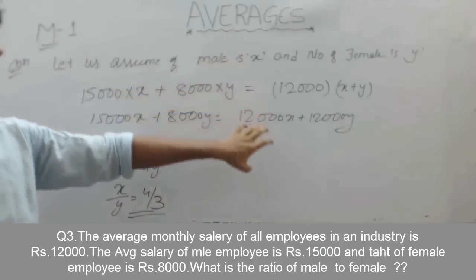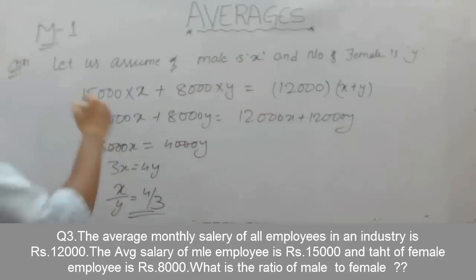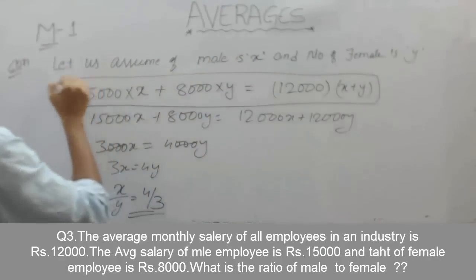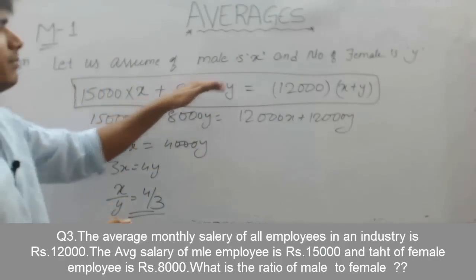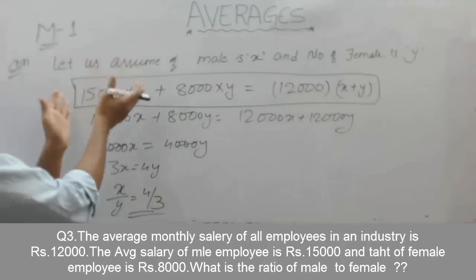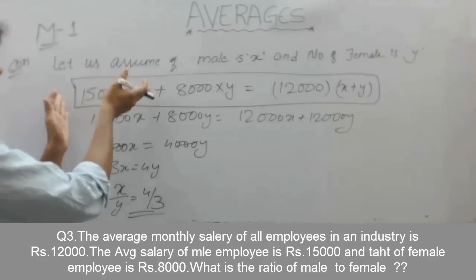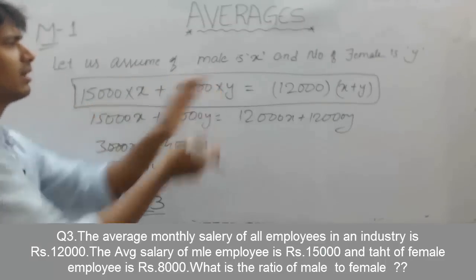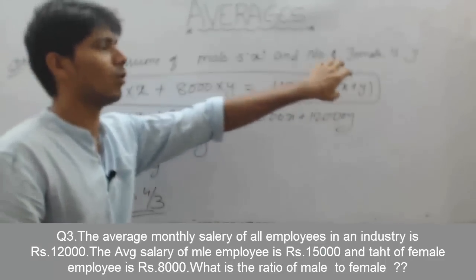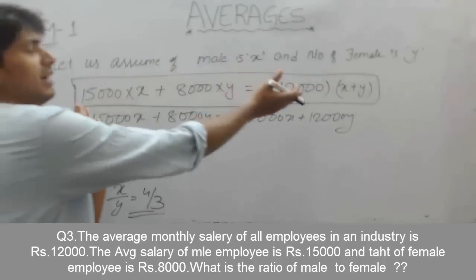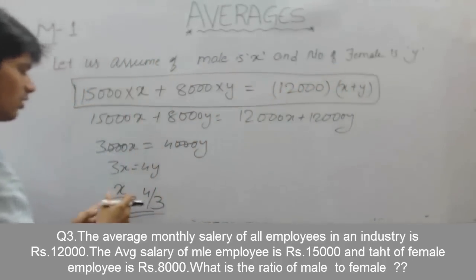So this is a conventional method. By using the conventional method we have solved. So what is the formula behind this? In this question, how do we have to find the total? We have the individual income of male, and this is the individual income of female. Here the individual income of both the employees, that means all the male and female employees. So if you equate this, you are going to get the ratio of X is to Y.